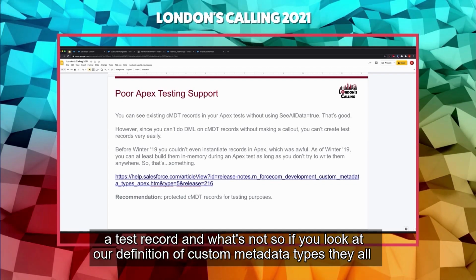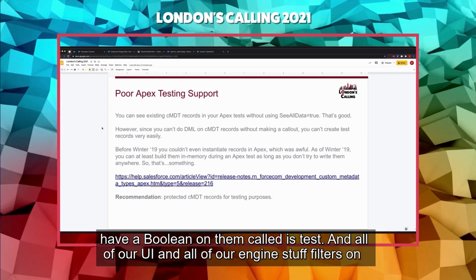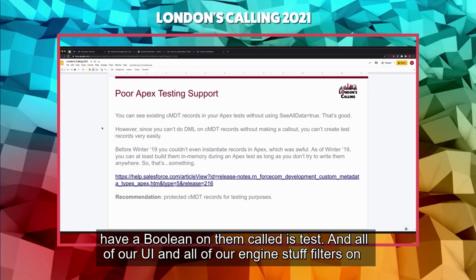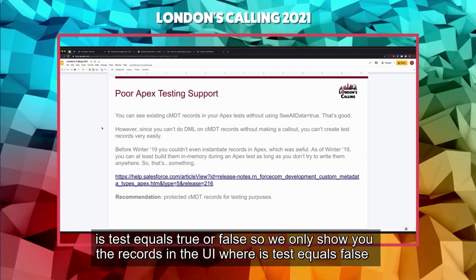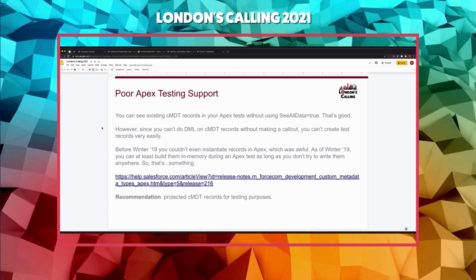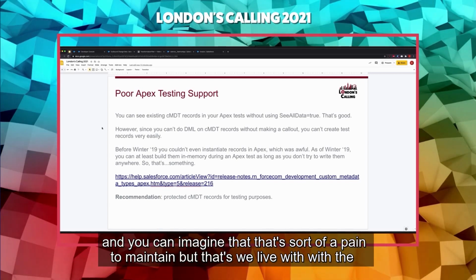So if you look at our definition of custom metadata types, they all have a Boolean on them called isTest. And all of our UI and all of our engine stuff filters on isTest equals true or false. So we only show you the records in the UI where isTest equals false. And you can imagine that that's sort of a pain to maintain, but that's what we live with in the architecture